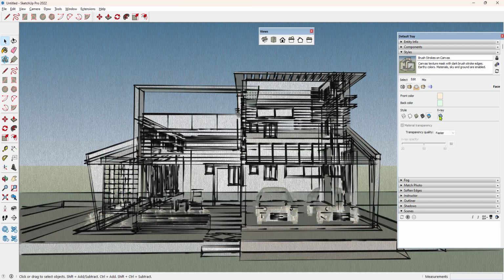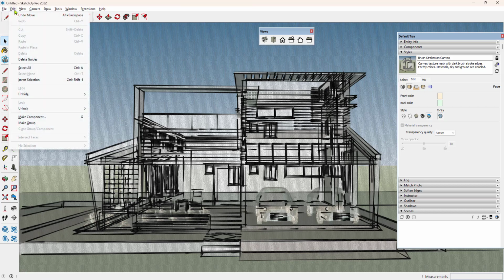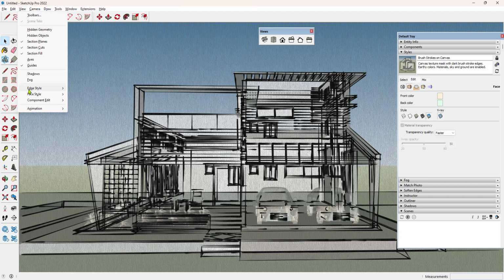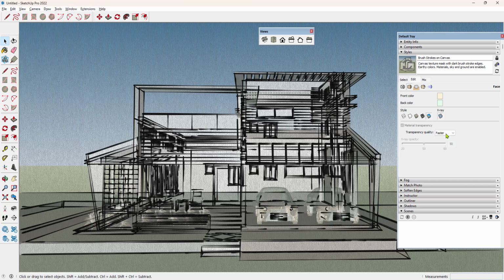The next one is X-ray mode. Like this you can switch into the different styles, that is in the face style. You can even do the same thing. For that you just go to the View option, and in that we have Edges, Profiles, Depth, like that. And in Face Style we have the different face styles. This is another way how you can work with the edge style and then the face style.